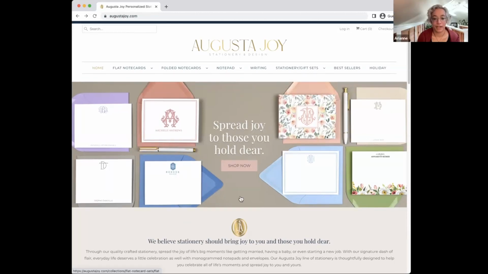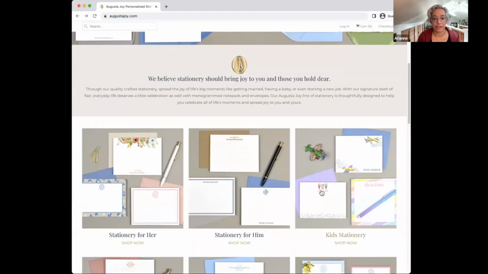Mm-hmm. And I like this blurb that you're about to mention, Alana. Not only does it explain what this is and maybe what's different about this business, but it looks like it'd be pretty good for SEO too, right, Kai? Because I see some action things like getting married, having a baby. Yeah, I love this bit of content on the homepage. I think you could definitely link some of those life events, you're getting married, you're having a baby, to the relevant collections, which will help with SEO and help somebody reading through, like, oh my gosh, you help with weddings, click. Oh, now I'm buying the wedding note cards I need. So, small improvement there.